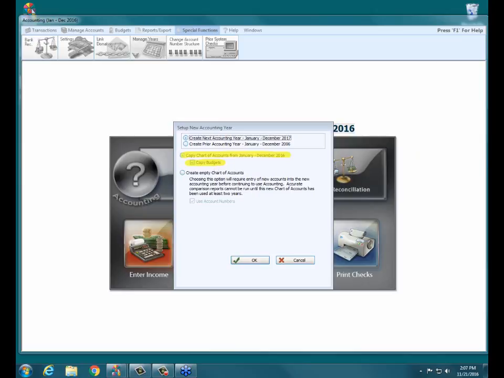So that's what we're going to wind up doing for the purposes of our webinar, but I do want to show you the create empty chart of accounts too. So, if the church determines that the chart of accounts and the transactions and how things have been done